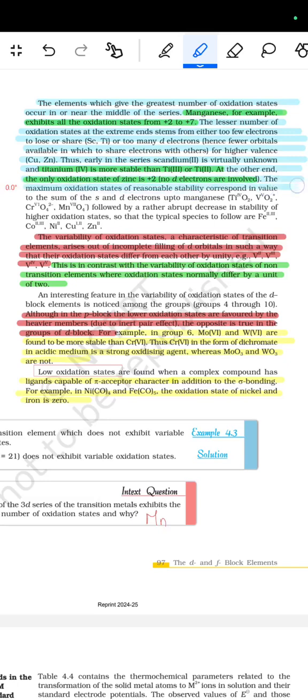The maximum oxidation state of the reasonable stability corresponds in value to the sum of the s and d electrons up to manganese: TiO2 or VO2+, CrO4^2-, MnO4-, followed by a rather abrupt decrease in the stability of the higher oxidation states, so that